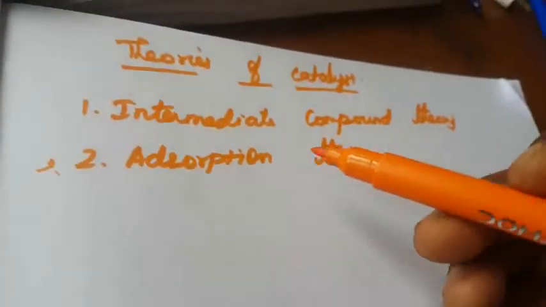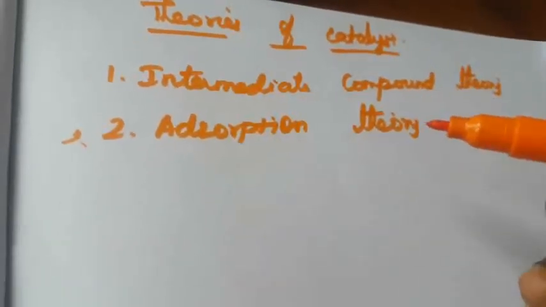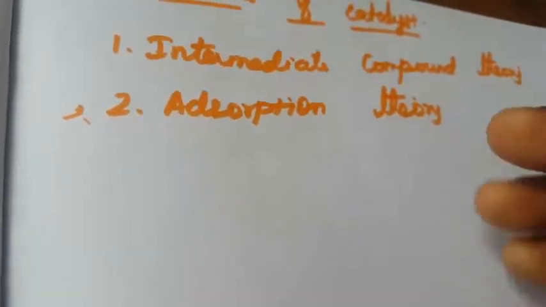Okay, so next one is, what are the theories of catalyst? For a chemical reaction, the reactant ought to be activated to form the activated complex. So that is what is meant by activated complex, the energy required for the reactant to reach the activated complex. So for a reaction to happen, two reactants combine to form a product, and for that they need some energy.